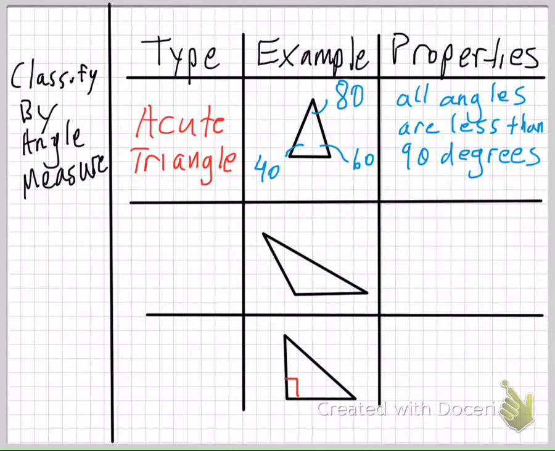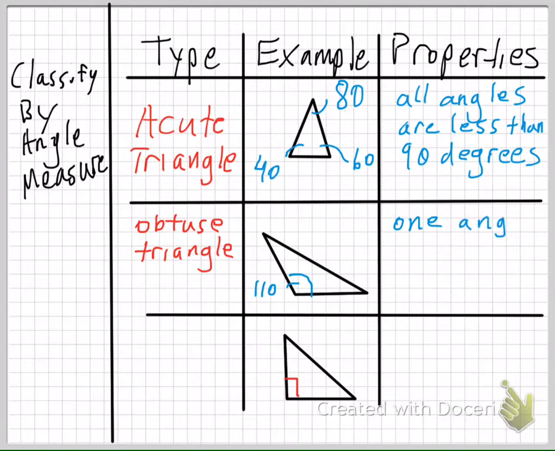Our second type of triangle is going to be an obtuse triangle. And that's where one of the angles is an obtuse angle. And obtuse means that the angle is greater than 90 degrees. So if one angle is greater